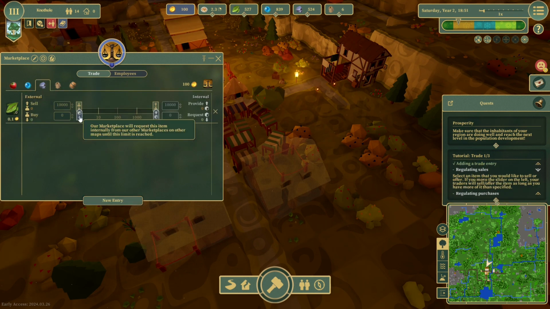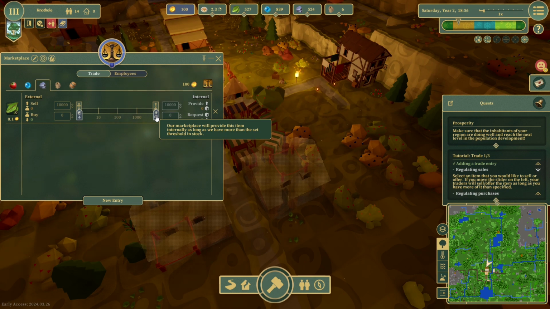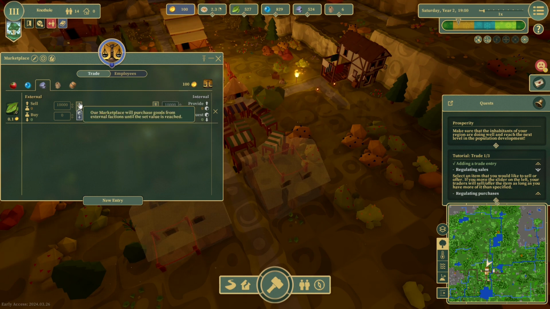Our marketplace requests this item internally from other markets. Marketplace will provide this item internally as long as we have more than the set threshold in stock. The marketplace will purchase goods from external factions until the set value is reached, but will sell goods to foreign factions until... okay. So,